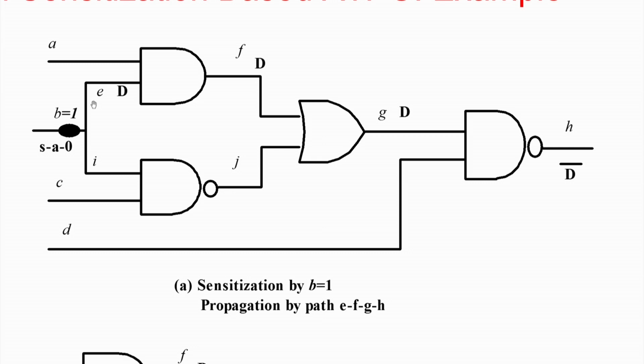Now interestingly, there will be one path to propagate by this and one path to propagate by this. So, why will a lot of iterations be required? Because you will have multiple options at your hand. So, you have to decide what you have to do.